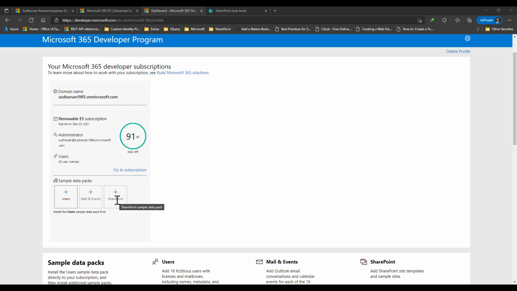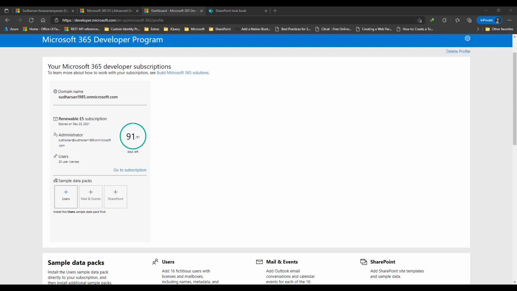The last is the SharePoint data pack. It includes 7 different SharePoint site templates to choose from to experience and model SharePoint solutions. So you can use the sites for collaboration, communication, engagement, and knowledge management. And Microsoft also offers the SharePoint PnP lookbook. Today it is very simple to create a site collection.